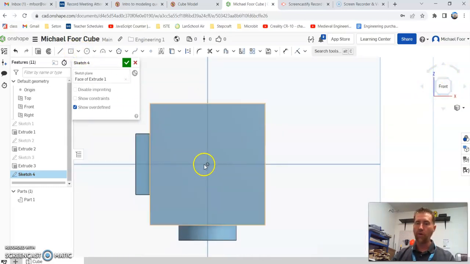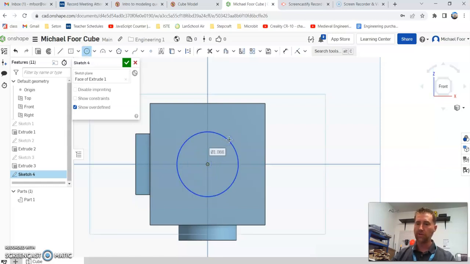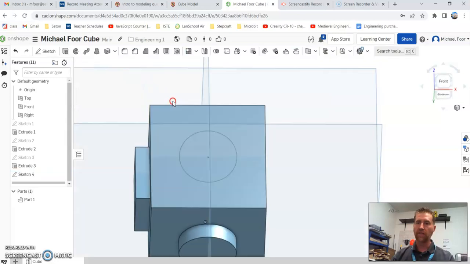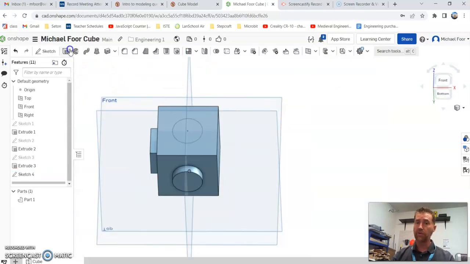Now this one, I have the origin right in the center, so I could draw my midpoint lines, but I don't have to. So I can just choose the midpoint right there, or my origin. And that's one of the reasons that we pick the origin. It gives us a centered reference. Okay? And there's our centered circle right there. Now this one we're going to extrude